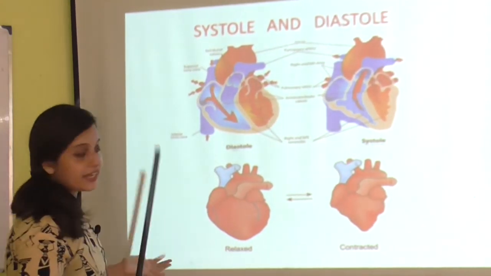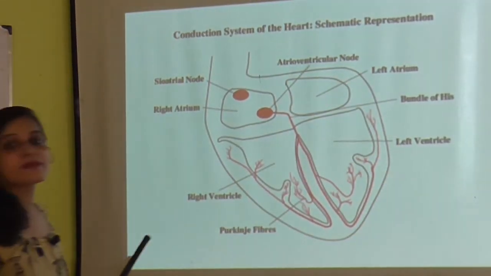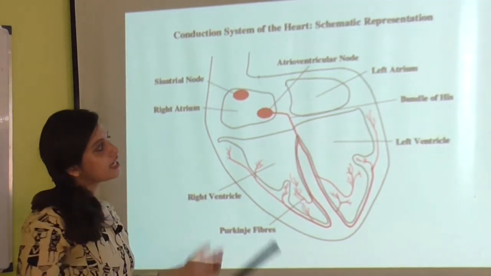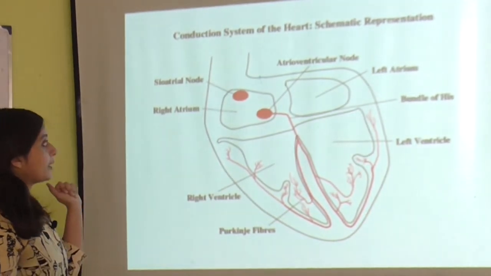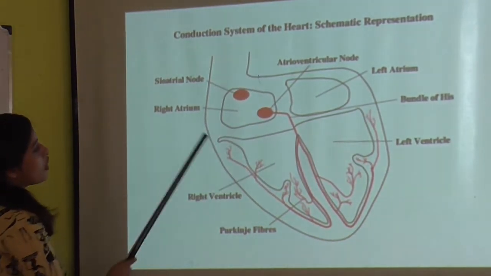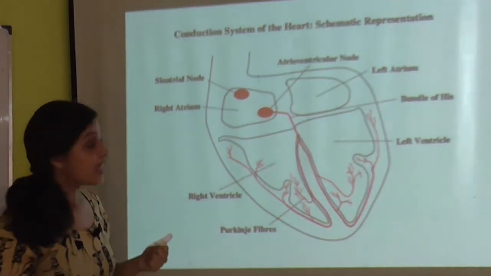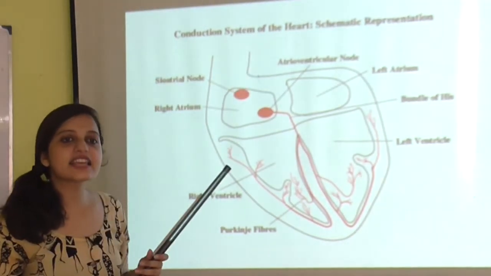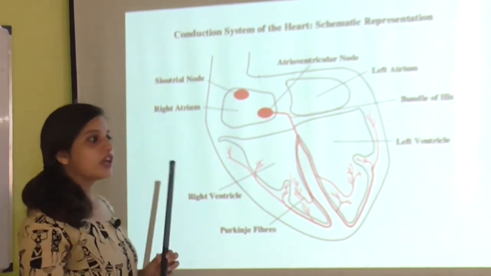Okay. So next we are going to study the various types of special tissues that are present in your heart. Number one, this part is very interesting. So we are going to study some names. On your right atrium, there is a switch-like thing present that is known as SA node. So what is SA node? It is like a switch. When you enter your room, what will you do?